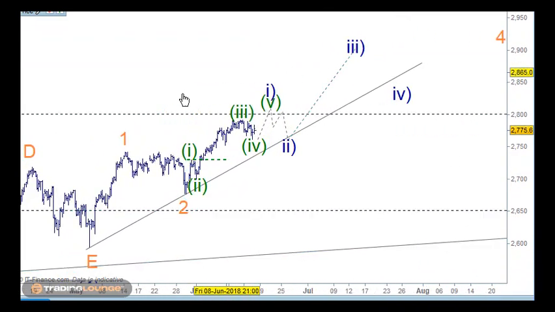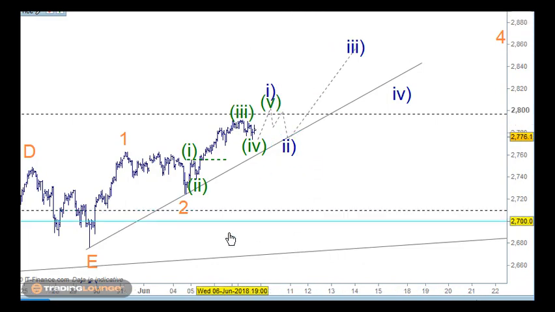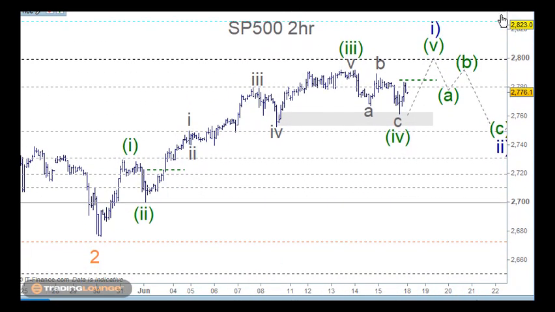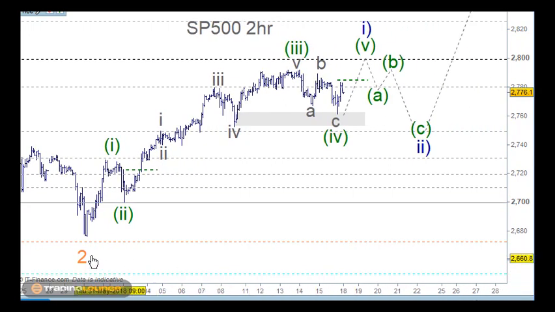So within this little area through here, I'll just go into the 2-hour chart. So we've been counting this to the upside here, and I've got a little bit of a dilemma about this here, and we'll look at that on the 1-hour chart. But in this case, just so it's clear, we've got wave 1 and 2, and then 5 waves up here for 1 and 2, and then 1 and 2 and 3 and 4 and 5 for the third wave,